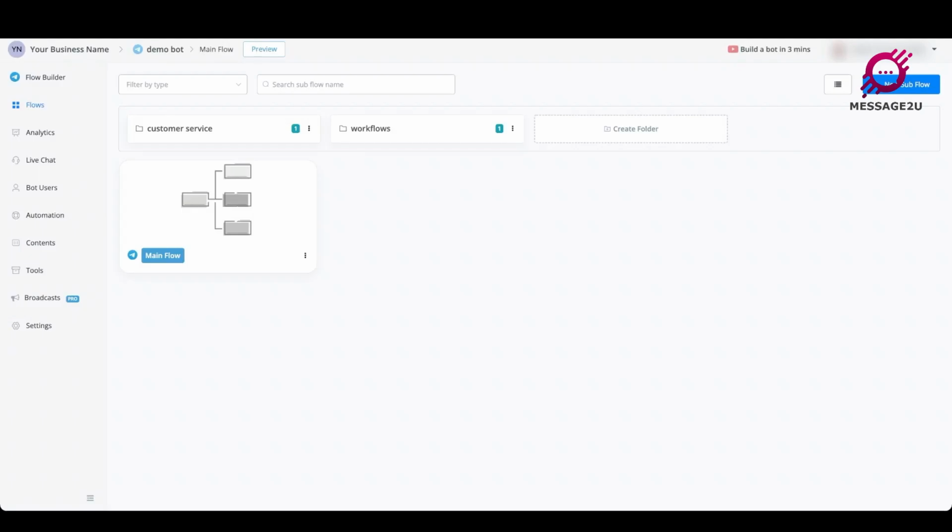In this video, we're going to show you how you can customize the flow builder to your own liking. This will make you more productive since you are able to customize the flow builder to match your own preferences. In order to do so, just go to any kind of flow that you already have, or just go to